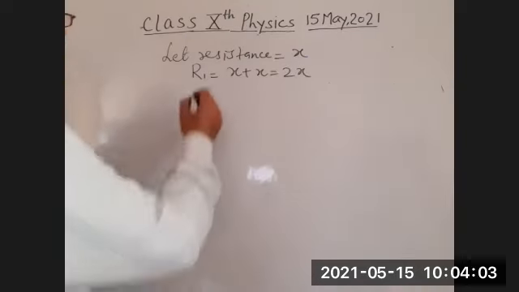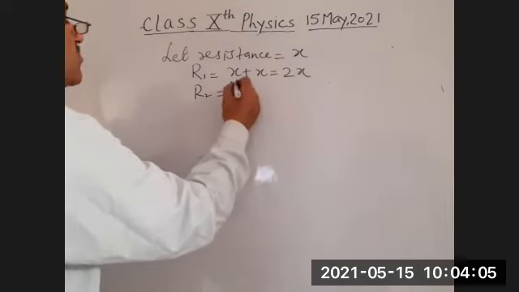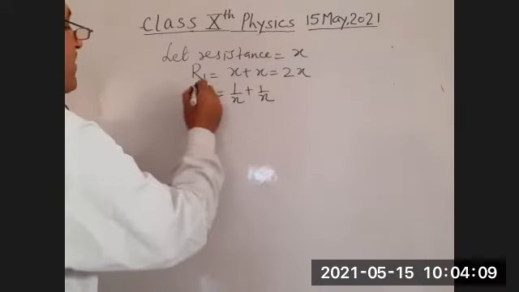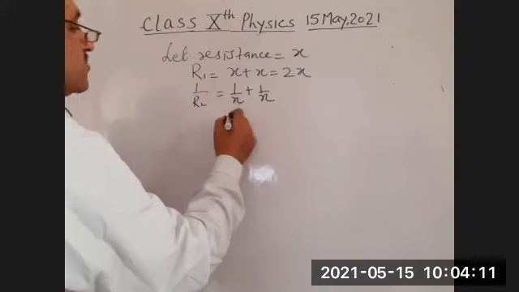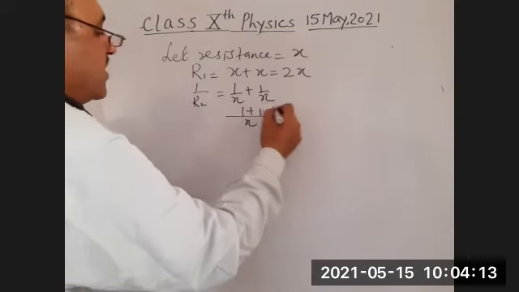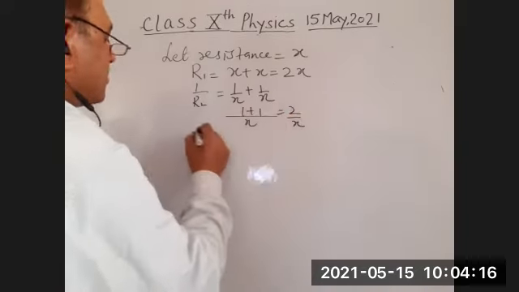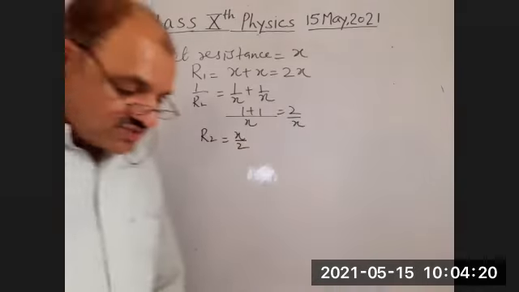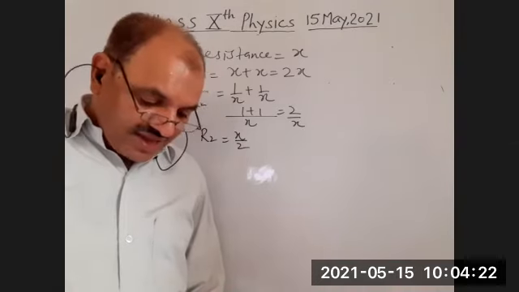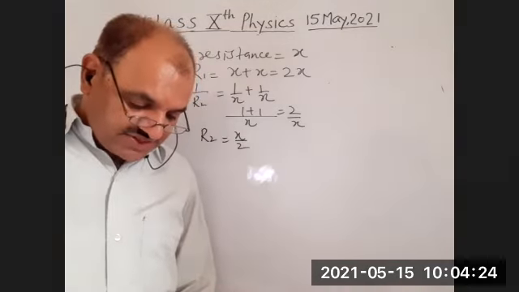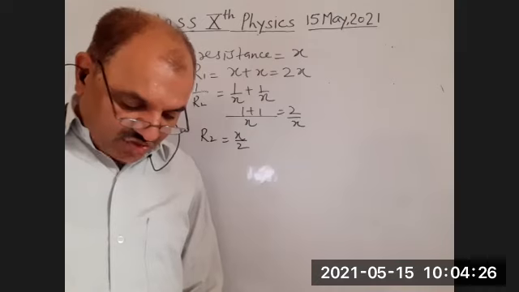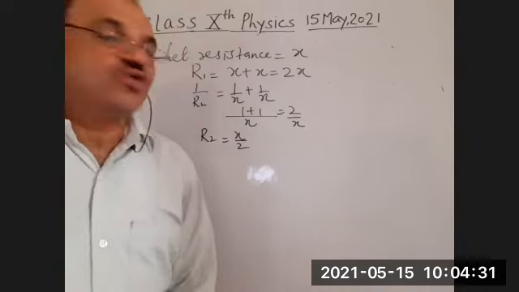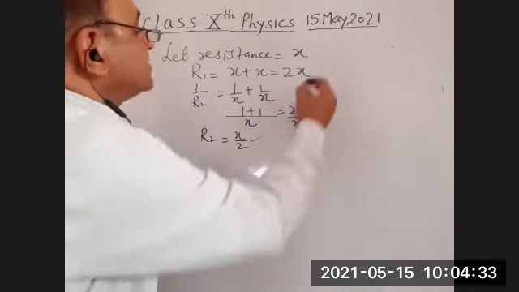अगर दो हैं तो x + x कितना हो जाएगा, 2x, और अगर वो पैरेलल में हों स्टूडेंट तो 1/x + 1/x हो जाएगा. यहाँ पे 1/R2 कितना हो जाएगा स्टूडेंट, 2/x, और R2 विल बी द x/2. इज इट क्लियर स्टूडेंट? R2 हमारा हो जाएगा x/2. Is it clear students? R2 will be the x/2. Clear है? When they are connected in parallel. ये दो पॉइंट्स आपको पता चलेंगे स्टूडेंट्स.